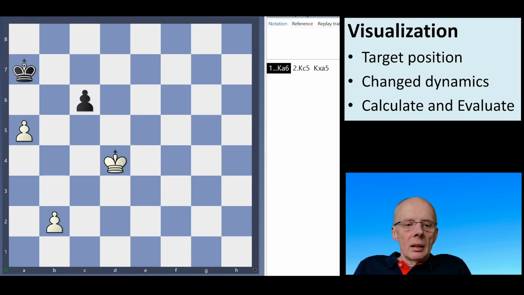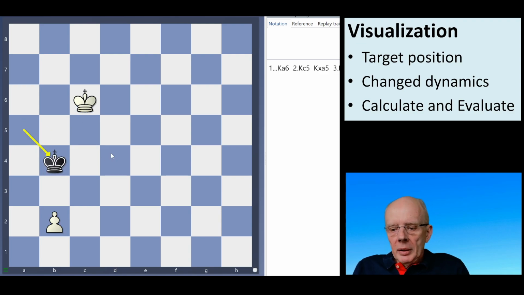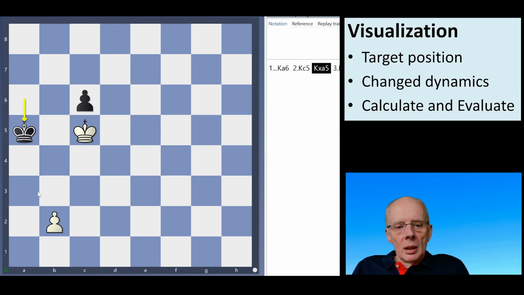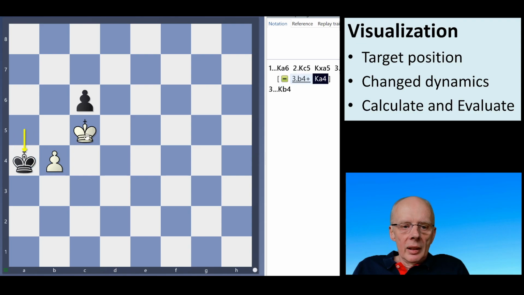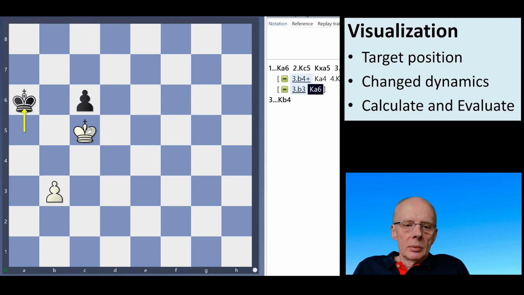And then the black king has to go to a6, and we take on c6, and we have a winning position. So king a6, king c5, king takes a5. If we would take here, there's king b4, and we lose the pawn on b2. If we play b4, there's king a4, and we also lose the pawn, which leaves us only with b3, taking away the square a4. The king has only one move, and now